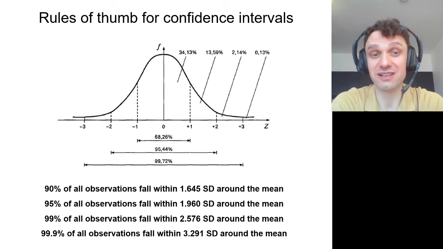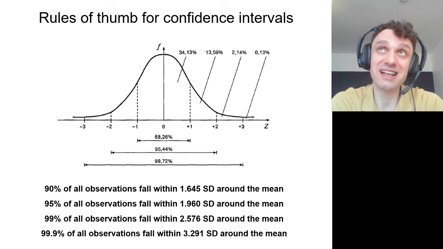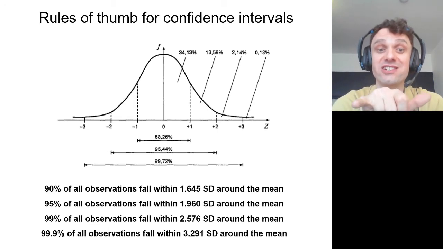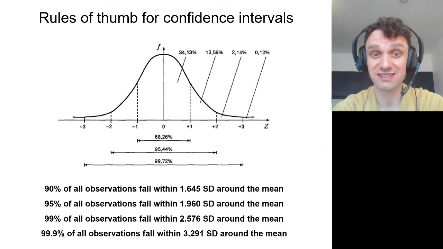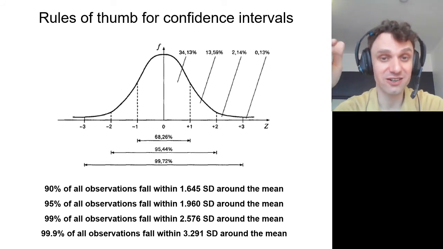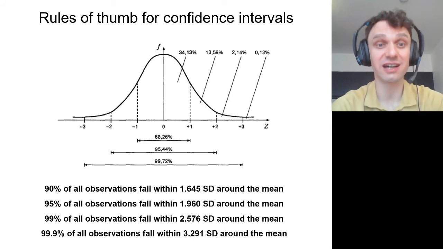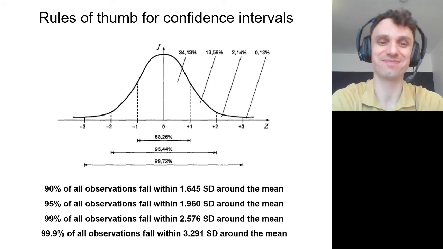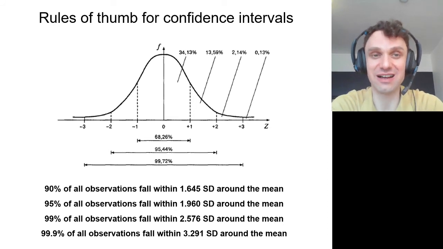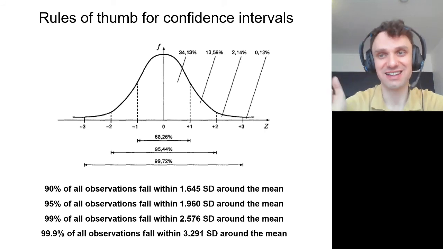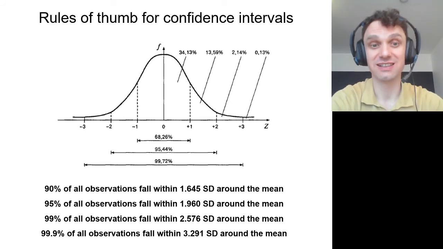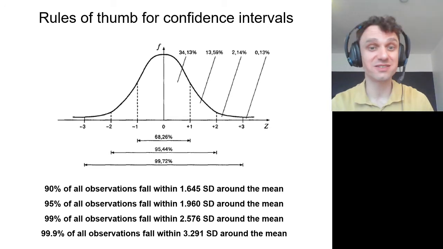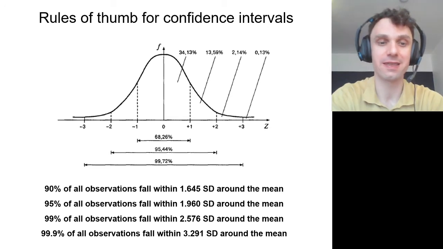And why is this confidence interval important? Because 95% of all results will fall within this range. And if a result falls outside this range, the probability is only 5% that it belongs to this sample. So this result might be considered as a little bit potentially anomalous or strange or weird. This is why we often use these confidence intervals, because they allow us to determine that this particular person might be actually different from this sample of individuals because their score is outside the 95% confidence interval. There is something very special about them.